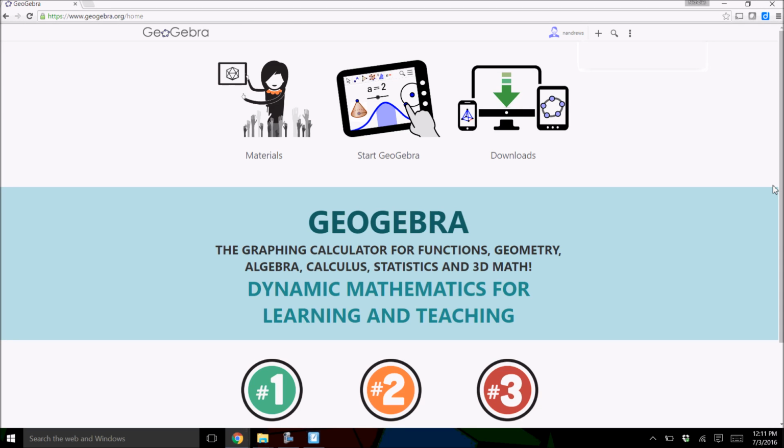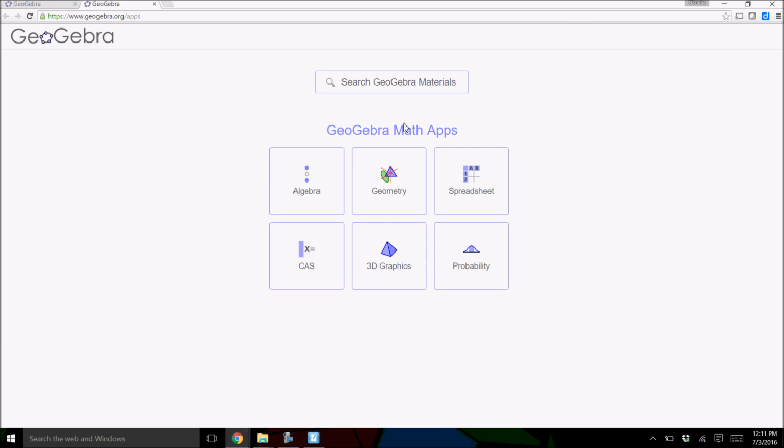Welcome back to part 2 of the city planning project. To first start this section of the project, where we'll be putting buildings and locations onto our map, we'll need to reopen the GeoGebra file. First, you'll have to make sure that you're signed into your GeoGebra account. And once you're signed in, going to the home page, you can start GeoGebra, open the blank template,